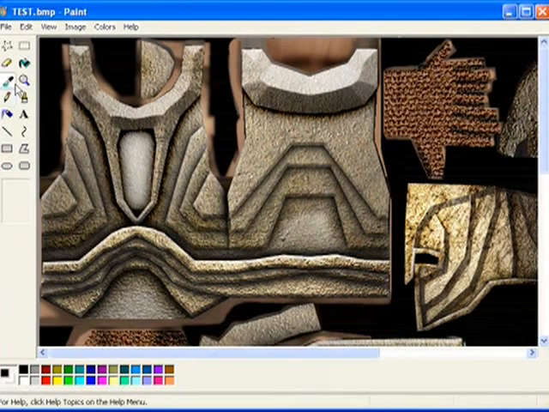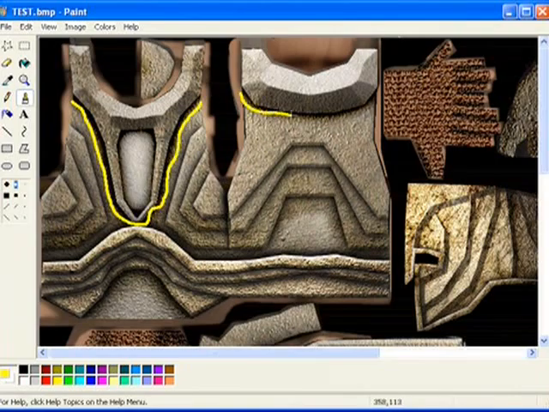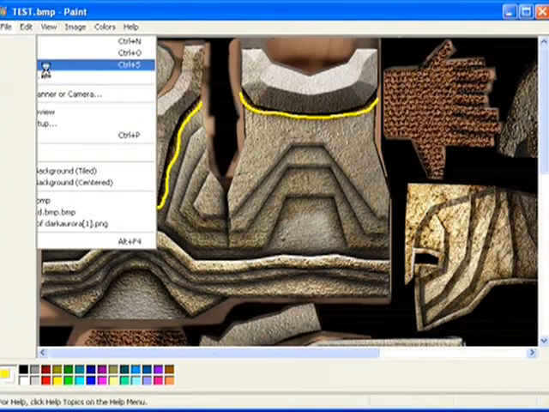We're not going to do anything too advanced, but we're going to demonstrate how you can have pixel perfect control over your texture map. If we were using an advanced graphics editor such as Photoshop, we'd be able to do much greater effects. But for the purpose of this demonstration, we'll simply add a yellow stroke. We simply save,